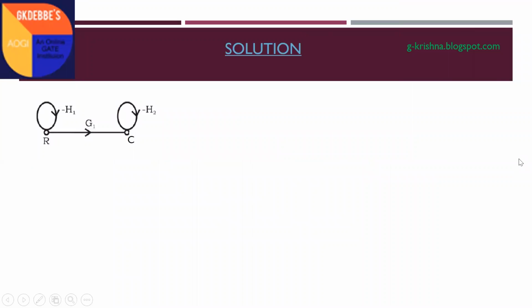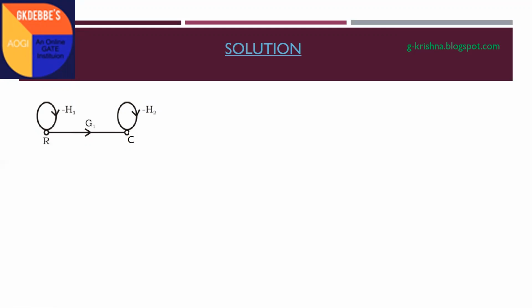Consider a simplified signal flow graph in this manner. Here, in finding C by R for this SFG, R is not an input node. An input node will have only outgoing branches, not both incoming and outgoing. If you see here, there is not only one outgoing branch, there is an incoming branch, a loop coming, minus H1. Therefore R is not an input node. If there is no input node, there will be no forward path and we can't apply Mason's gain formula.